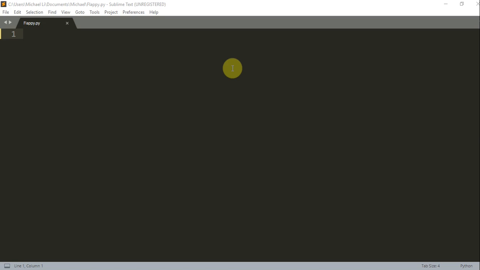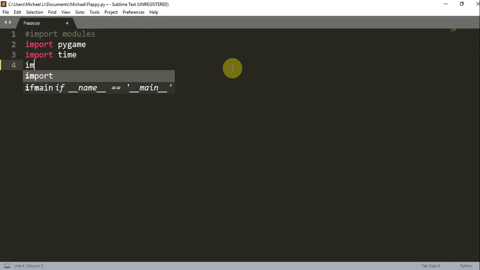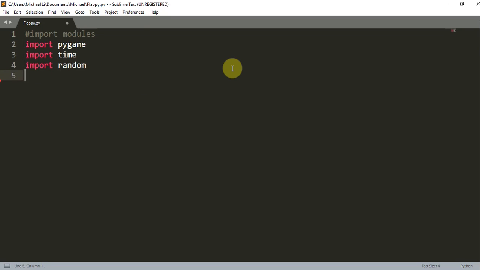So the first thing we want to do, since this is going to be in Pygame, is import our modules. We want to first import Pygame, import our time module and our random module. These two modules, the time and the random module, will come in later. Now that we have that, we can initiate